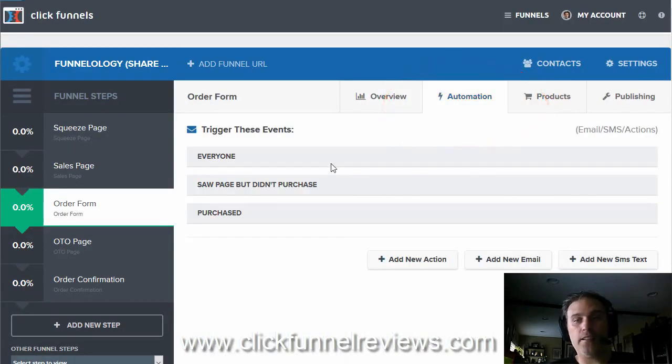All right, so let's talk about the automation tab that shows up on some of the different pages. You can see here, it's got some events that are set up so that you can actually segment your list of contacts based on what they've done. So if people come and land on this order form after purchasing,